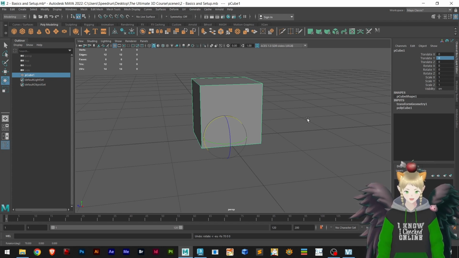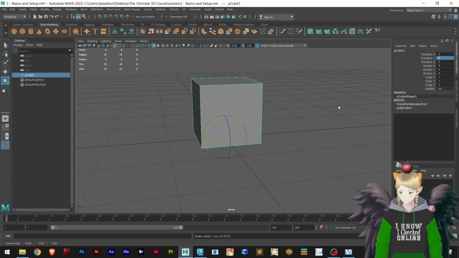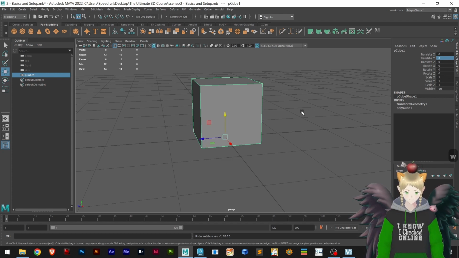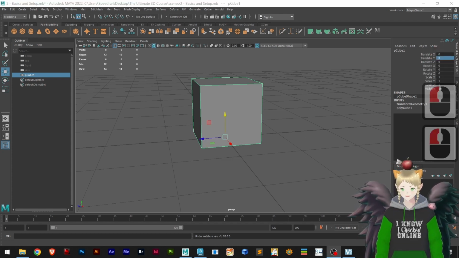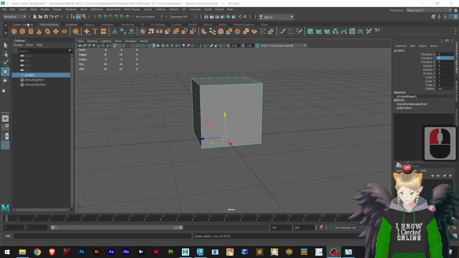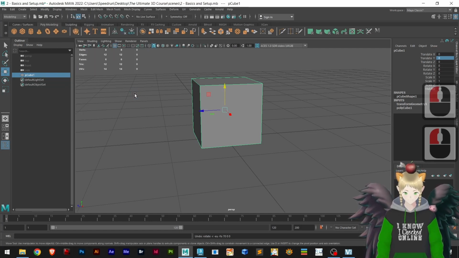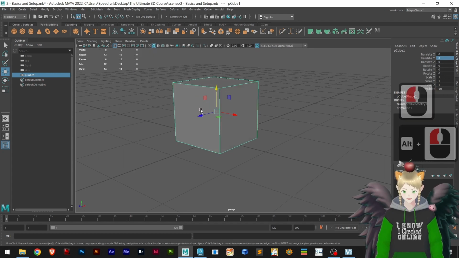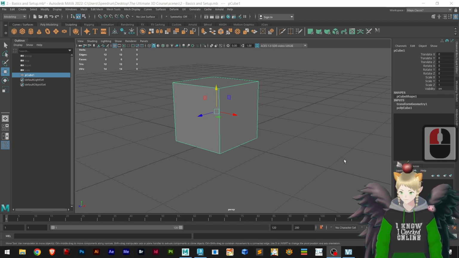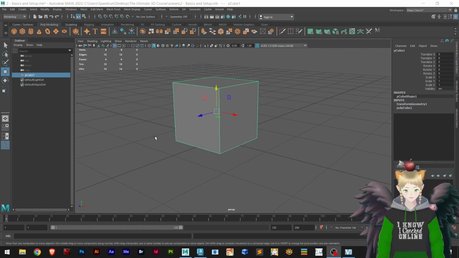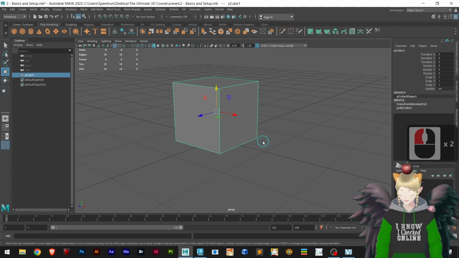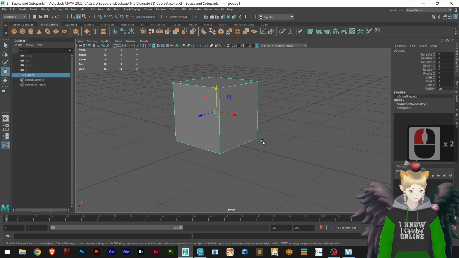Let's now go ahead and try to reset the pivot. All right, to reset the pivot, you need to go to Modify and Center Pivot. Like this, you will be centering your pivot. Great. Now that you know these basics, we can actually go ahead to the second last explanation before we end